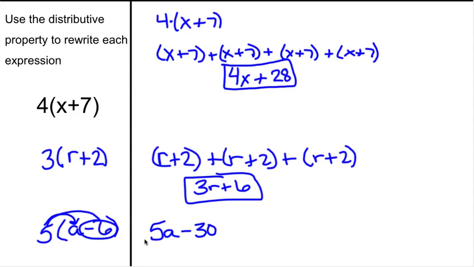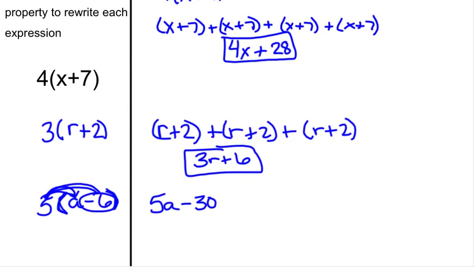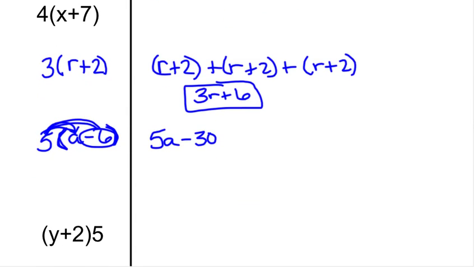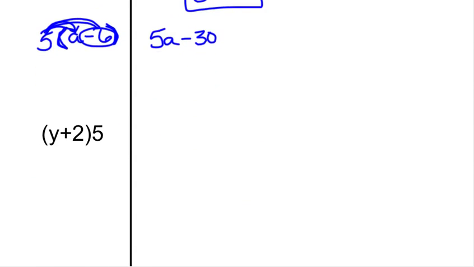Distribute, think about a newspaper delivery person. They are going to distribute the newspapers. They're going to hand them out to everybody on the block. And in this case, everyone on the block is what's inside the parentheses, and that's who I'm giving it to. Giving the paper to everyone who is inside or on my block. In the next example, I have to do the same thing. I have to distribute